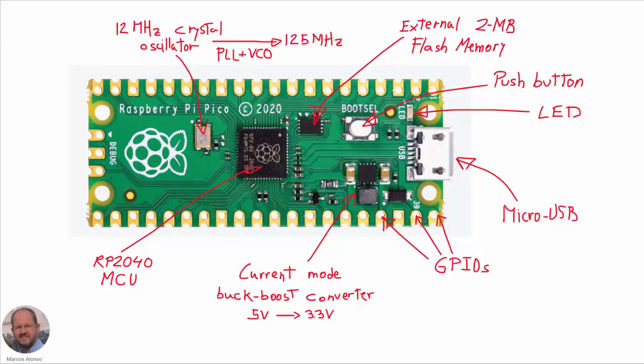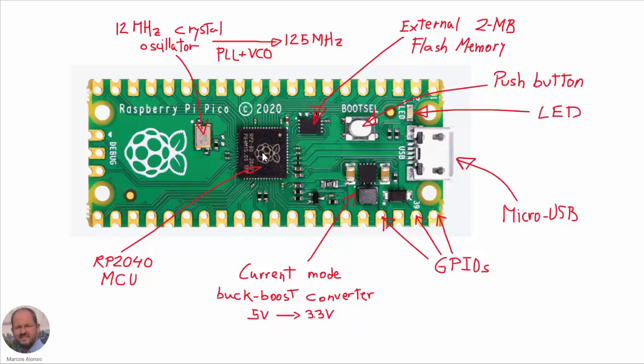Here is a photograph of the Raspberry Pi Pico. We can see in the middle the microcontroller unit RP2040. Here is the oscillator, a 12 MHz crystal oscillator, but then this signal internally is increased up to 125 MHz using the internal PLL plus VCO structure. Then here we have the chip corresponding to the external 2 MB flash memory, which is driven via SPI by